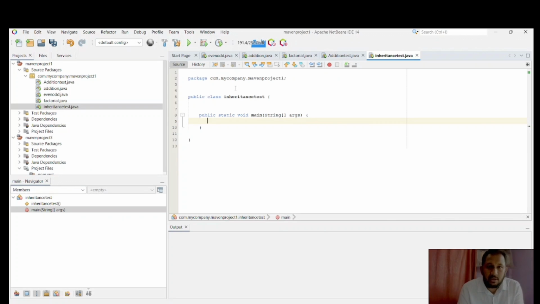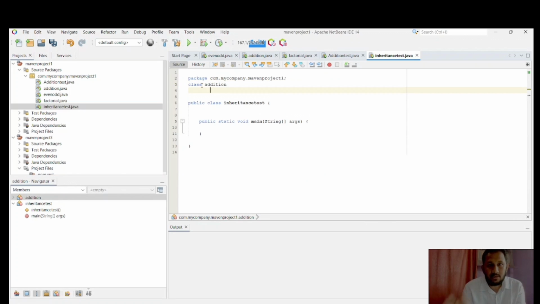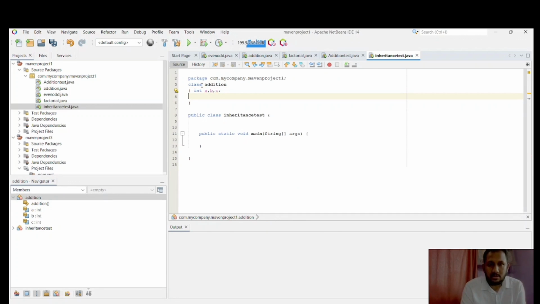First of all, create the class. Suppose the name of the class is addition. This is the superclass and it consists of integer variables a, b and c. Now there are two methods. Suppose one is void input1,